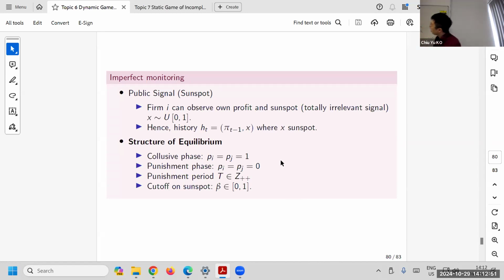And this may make sense why firms in the real world actually use some randomizing strategy. Just look at the moon, look at something random to decide whether they collaborate. Or in history, we see whether we continue is determined by some cracking of the tortoise bone. These are all other things they use to decide. This is the idea.